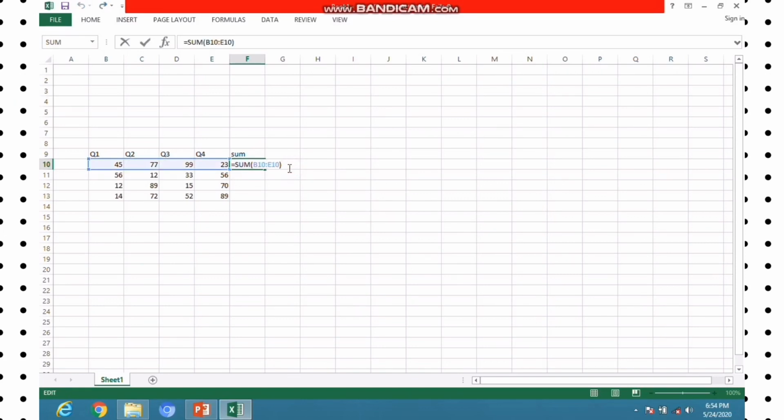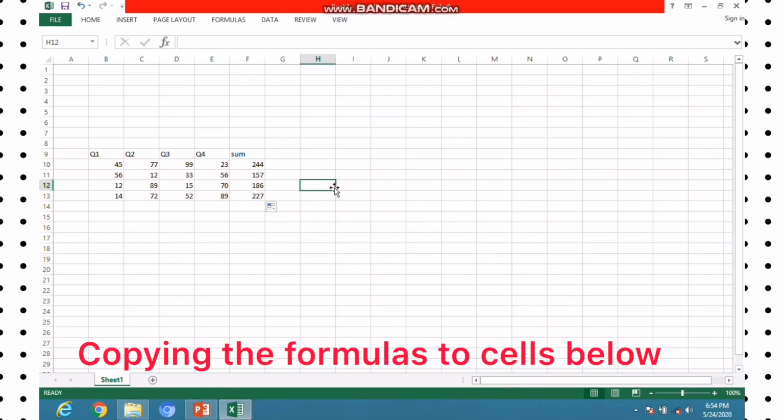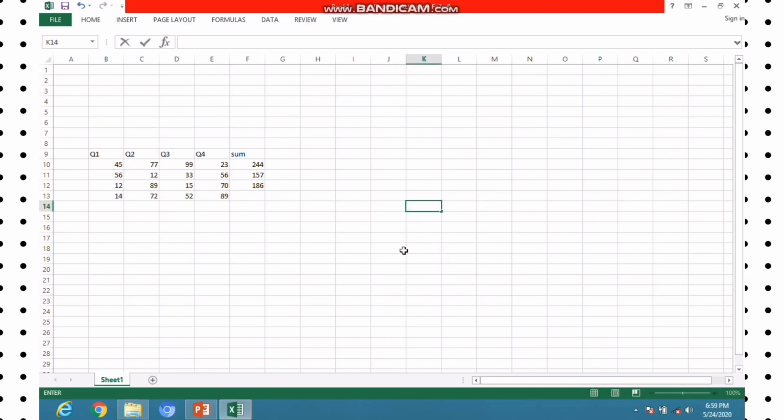Now I am showing you one more thing. Suppose I want to find the sums of these particular values. I write the function for the first cell, then drag it down from the right corner, where the plus sign is. By dragging it down, you can get multiple sums of the values directly without writing the formula. So this is the easiest way to enter a formula in Excel.